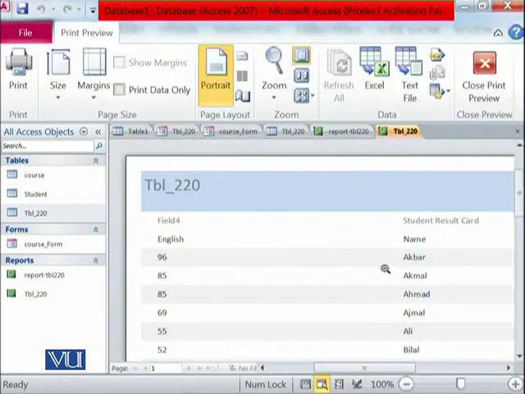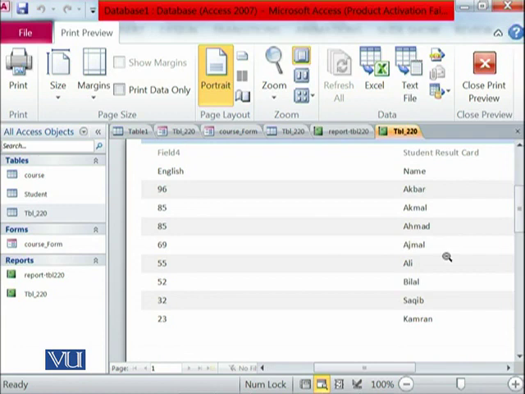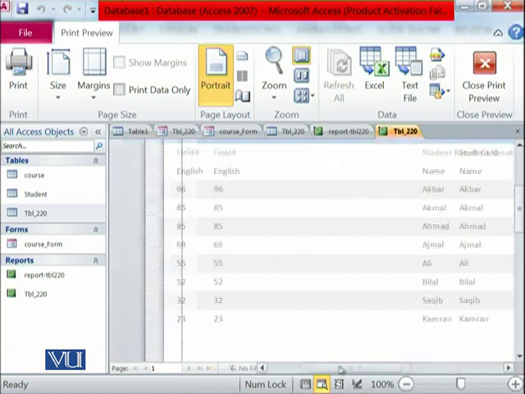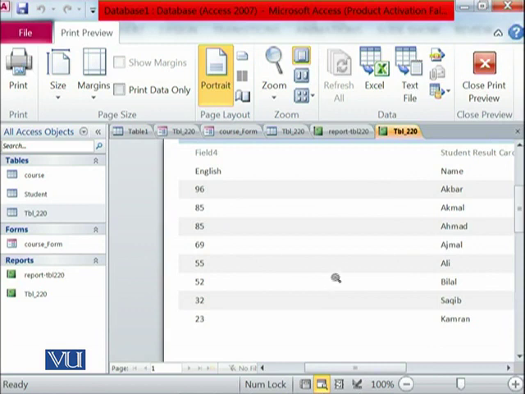This is another report that has been generated, and this report contains only the marks of English in descending order. All of the students have been sorted based on the descending order of the marks which are available over here. So all such information can be accessed in this report. This is a way of representing your data and making it more comprehensive and coherent.